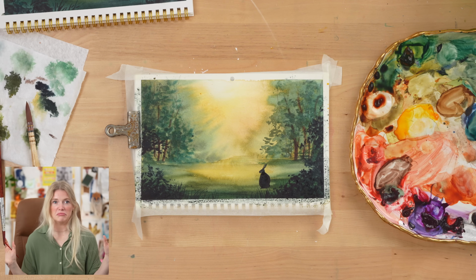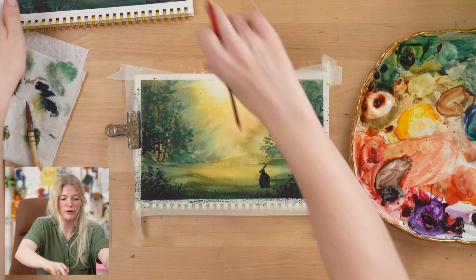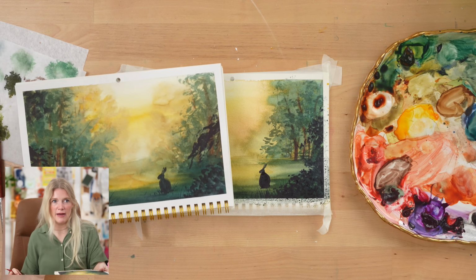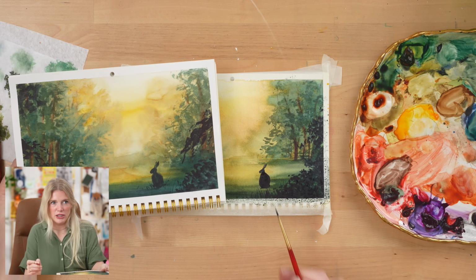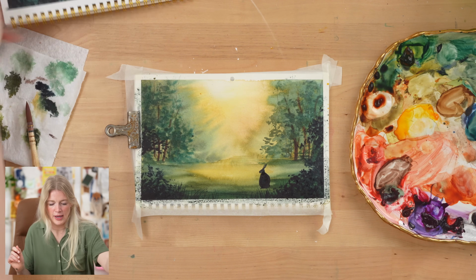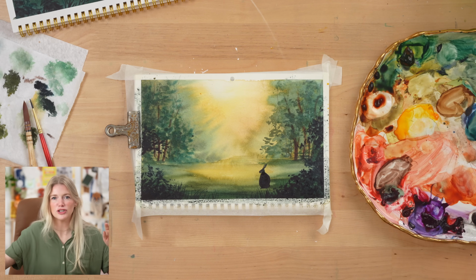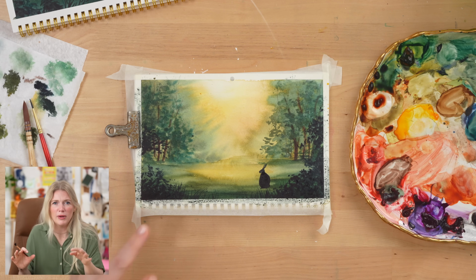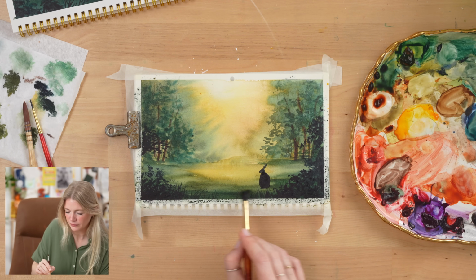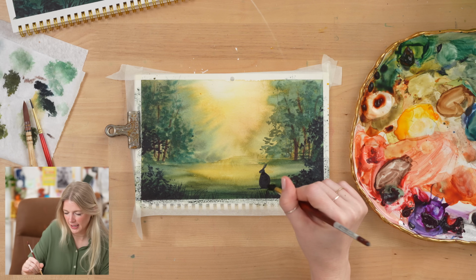I'm not going to try and do it. The back is to me and it's looking to its left. Perfect. This one feels more like a profile. This one actually feels like it has a little bit more dimension. So I'm not mad about that at all. And also remember, there are different size bunnies, there are different types, so you can do one or two if maybe you don't like that single one. I'm going to ground it just a little bit by putting a little bit of a grass texture